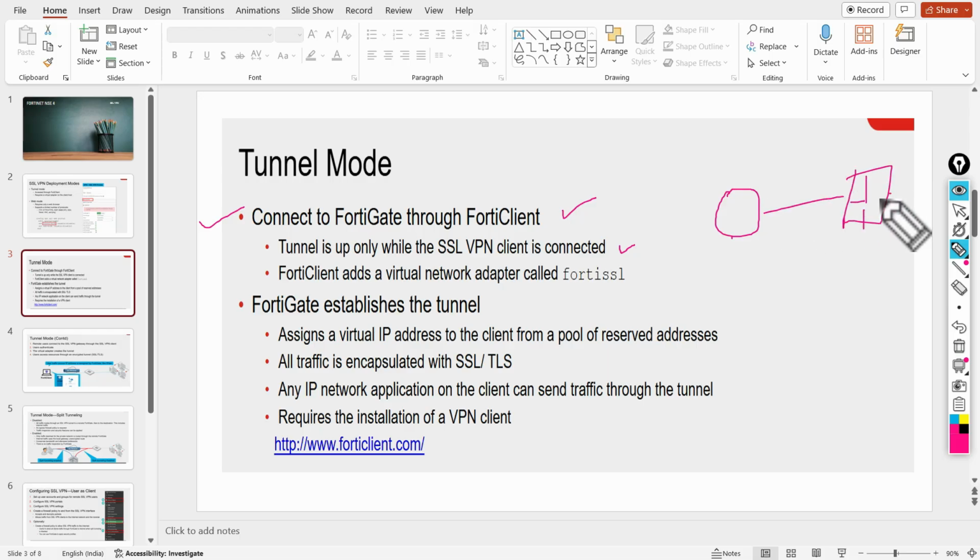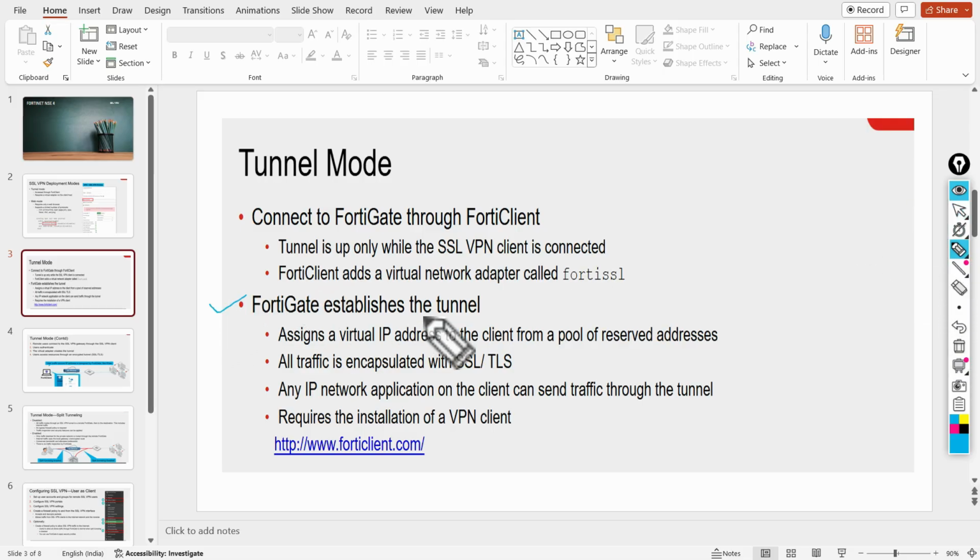After connecting with FortiClient to this corporate firewall, you are building one tunnel between FortiClient and the firewall. This is called the SSL tunnel, where this is the client and this is the FortiGate firewall. So SSL VPN will form between these two components.